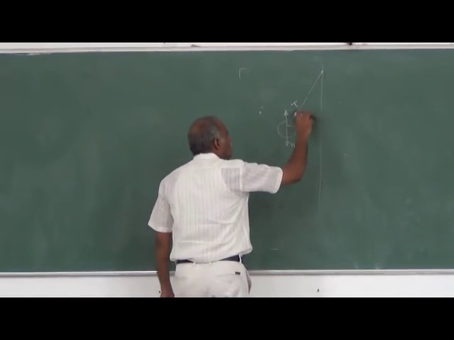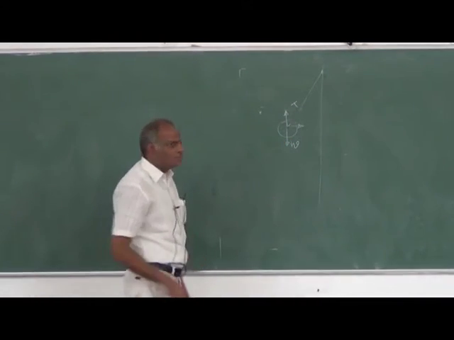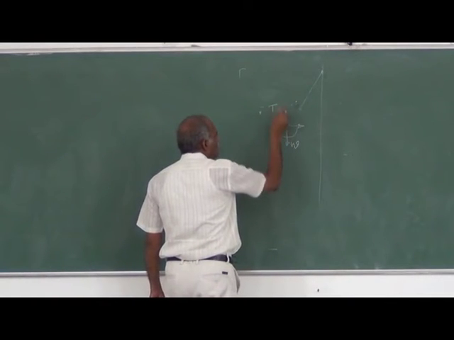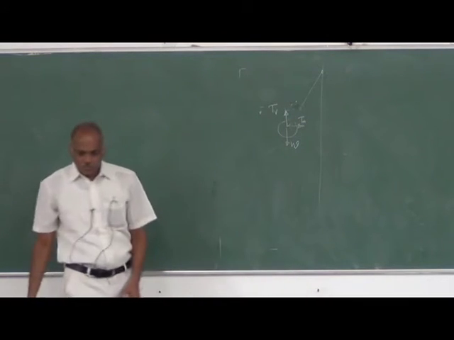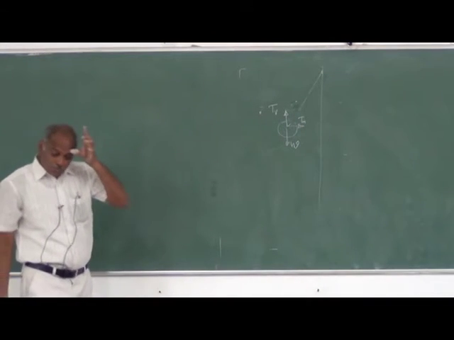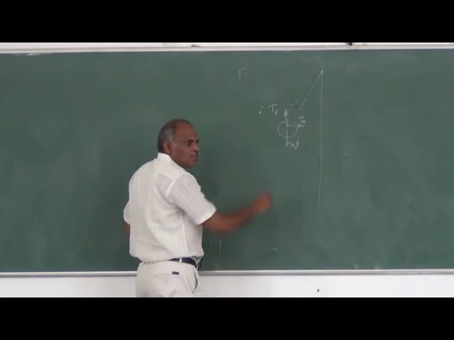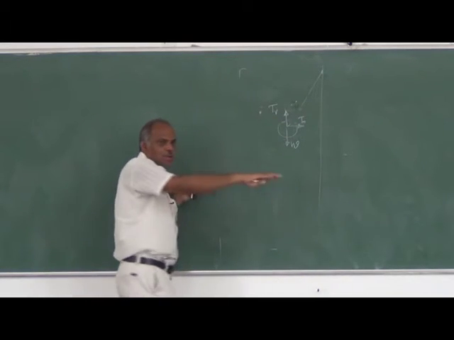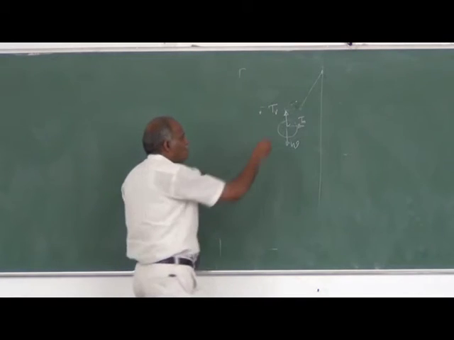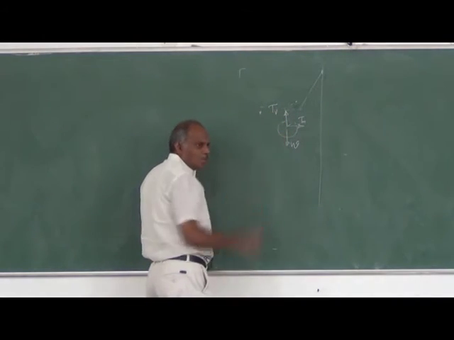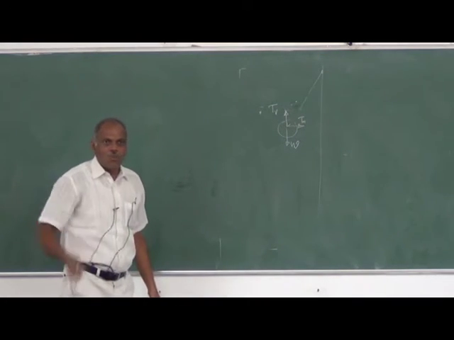So we can say, after resolving this into two components, this is the tension vertical component, this is the tension horizontal component. Now you can see that if the ball has to maintain some horizontal position because it is rotating, then to maintain that horizontal position, TV should be equal to W. So this will always be in equilibrium.